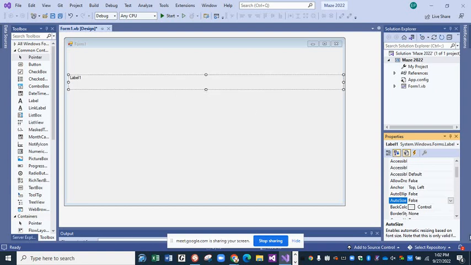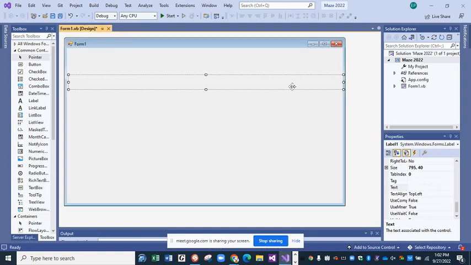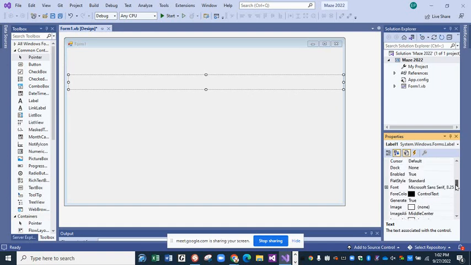I don't want it to have any text properties, so I'm going to delete the text. And I'm going to set its back color, so now there's no text on it. I'm going to set its back color to the color I want for the maze edge. And so the back color,